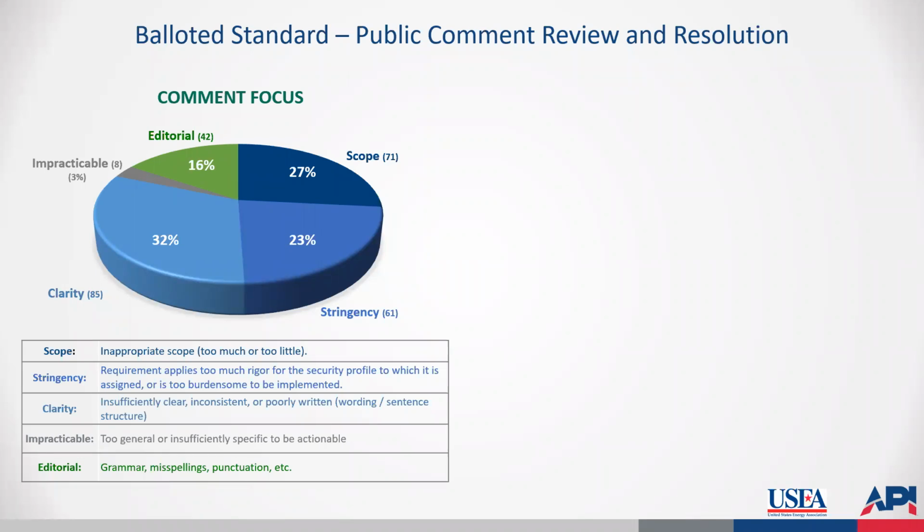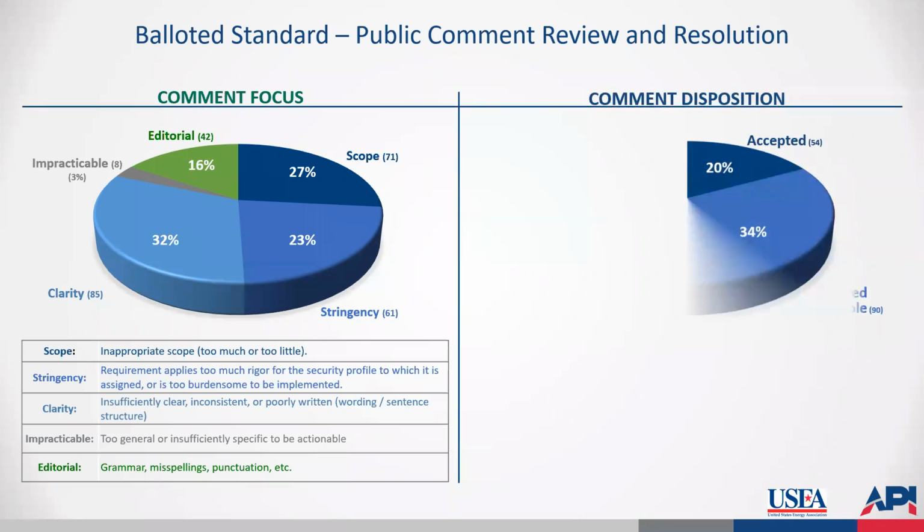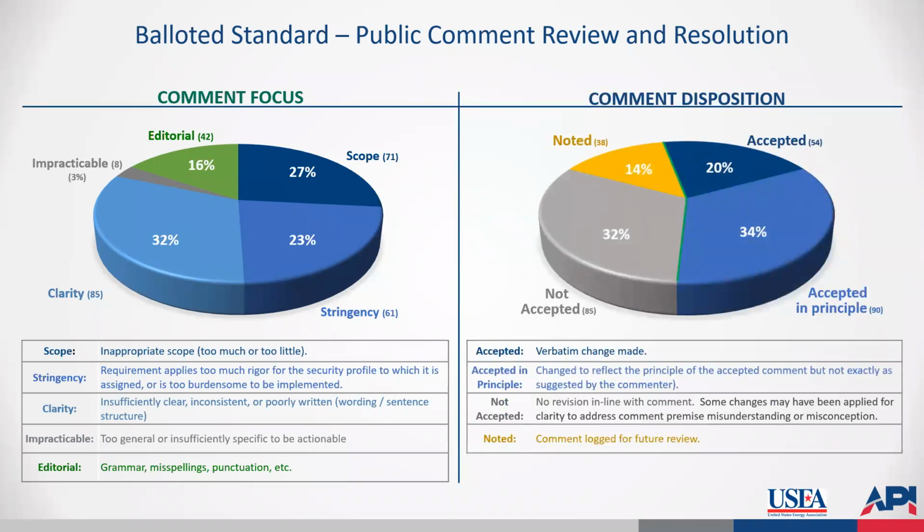Right? There was a scope problem. There was either too much scope or too little scope. The requirements were too strict or stringent to be implemented, or the rigor was inappropriate for the bucket it was in. It was unclear. There are clarity issues. The comment really wasn't actionable. It was a general comment, and there was nothing you could really do about it, or there was grammar, spelling, punctuation, and so forth. And we went and addressed all of those in about a 2-month time frame, and we